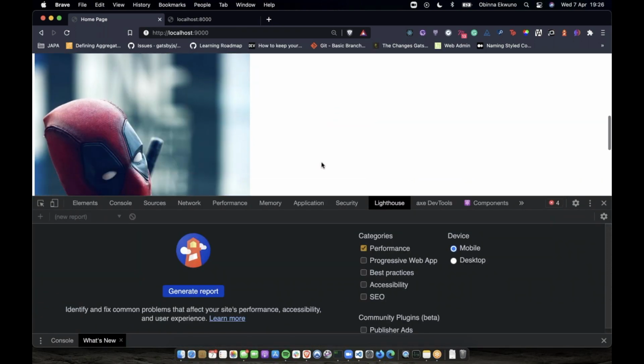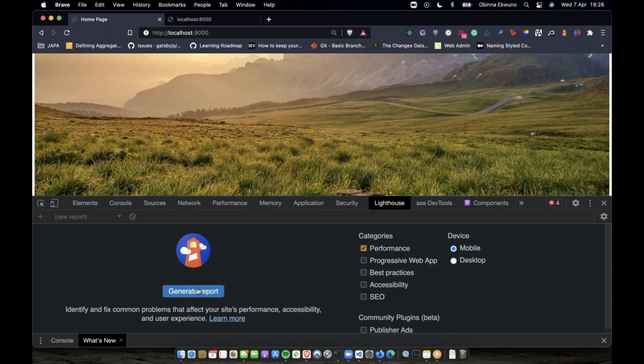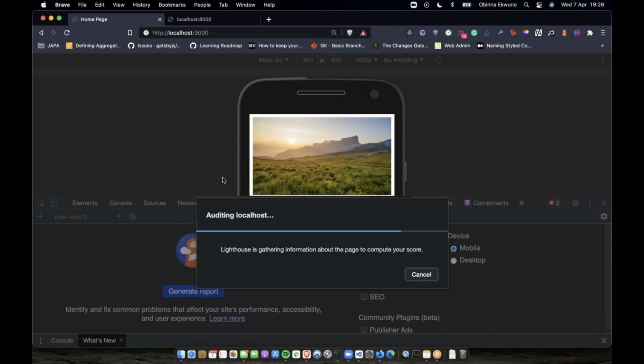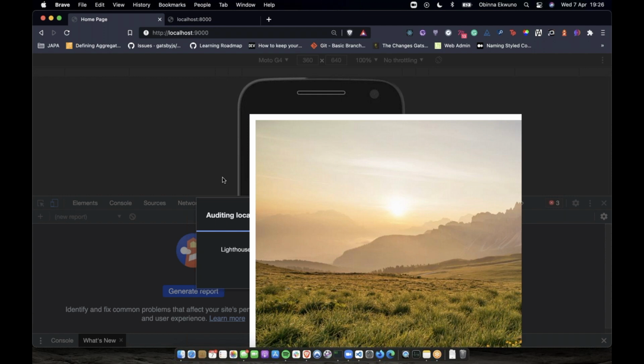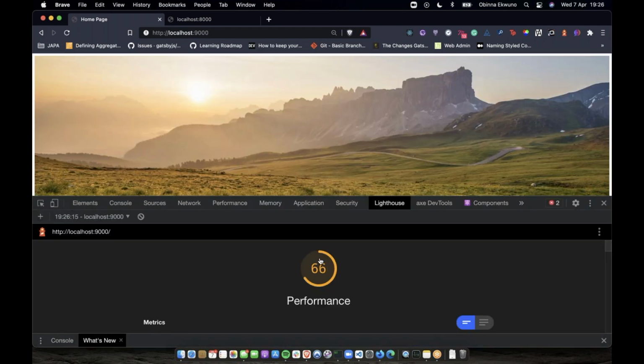So let me look at the Lighthouse scores for this image as it is. So if I run a Lighthouse on this, you can see that the performance is 66%.